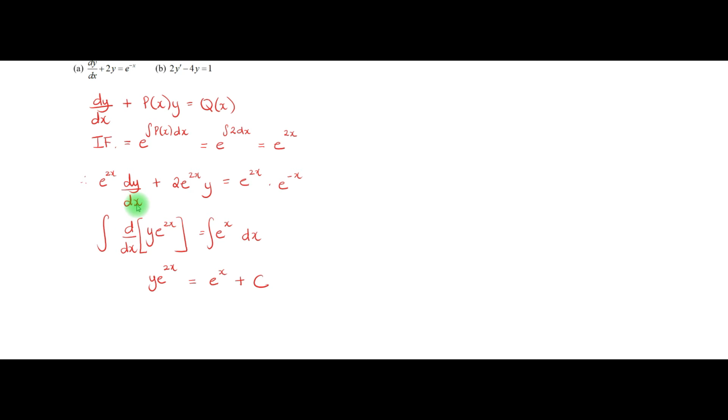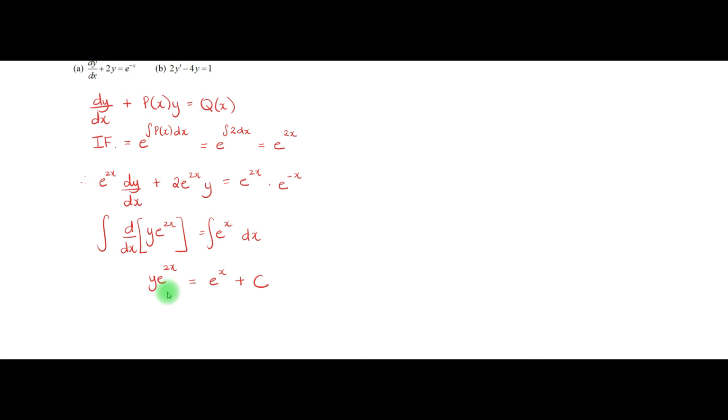And what I did over here, changing this to a derivative and then integrating, in subsequent questions I'll skip these two steps. I'm going to jump straight to y times the integrating factor, because it always works out that way on the left. All right, so now we have y e to the 2x equals e to the x plus c,